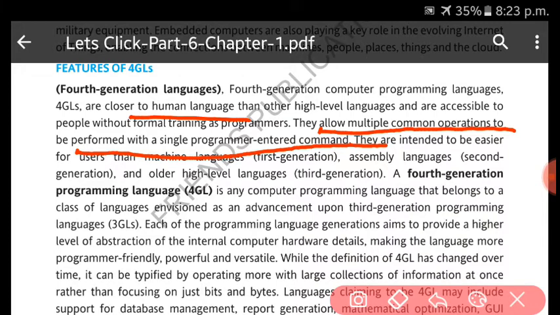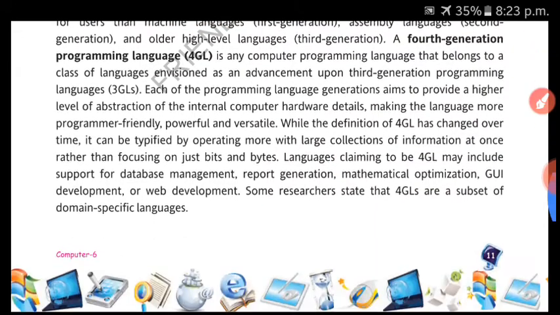It means whenever we enter a single command, we can perform many more common operations on a single computer. How did it become possible? By the help of advanced fourth generation languages. Okay, so let us go forward.